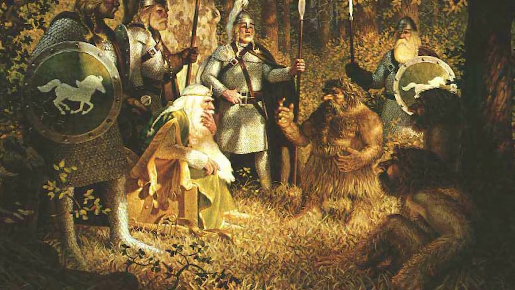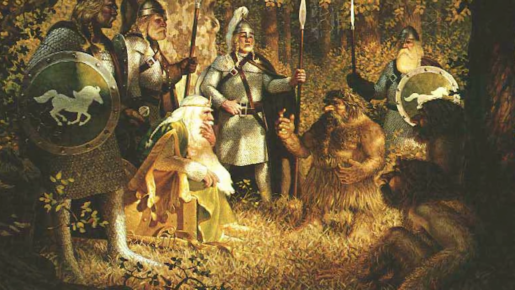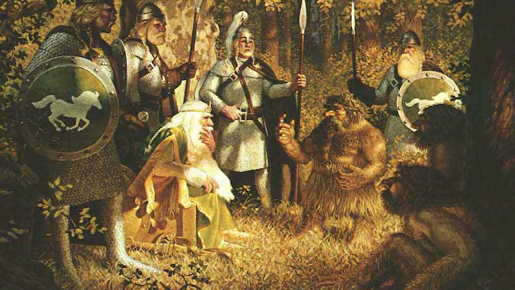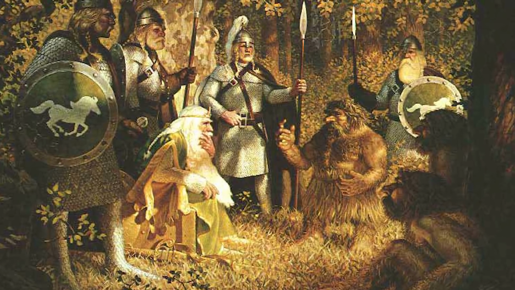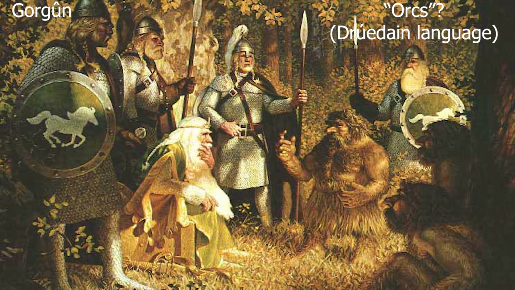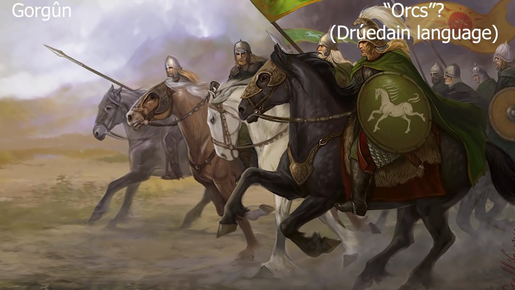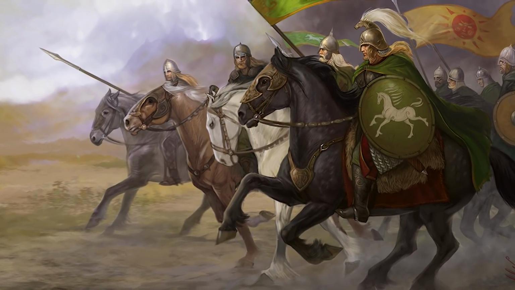However, there were others willing to help the Rohirrim, the Druidine or Woses, wild men of the forest in North Anorian, who offered to show the Rohirrim secret paths through the forest to come to Gondor in time, for the Druidine hated the Gorgun, the orcs. And so the Rohirrim, with aid from these ancient dwellers of the forest, came to Gondor at dawn.